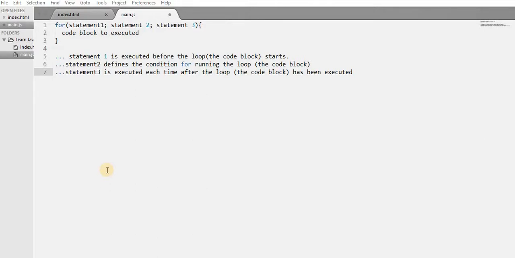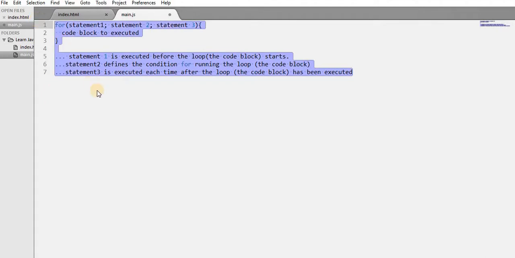Alright, so let's rub minds with the basic syntax of the for loop statement, and then we take an example, then you go and practice on your own and get more understanding. Right now on the screen, what you see is the basic syntax of a for loop statement in an explanatory format. For JavaScript to understand that you are trying to write a for loop statement, you need to begin with the keyword for, and then inside the parentheses, you have three statements.